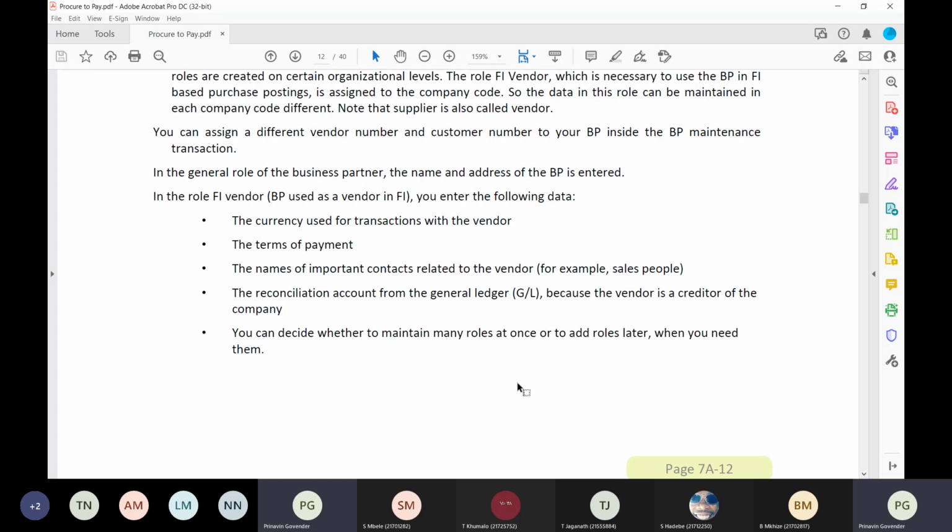The currency used for transactions with the vendor. This reminds me of the lecture that I had on Monday with Mr. S. Maniram, and I asked him to extract the currency that was going to be used to pay the supplier. And looking at the S4HANA Fiori Launchpad app, he was able to pick out the currency. Now, you must remember that the Zambikes company and the organization